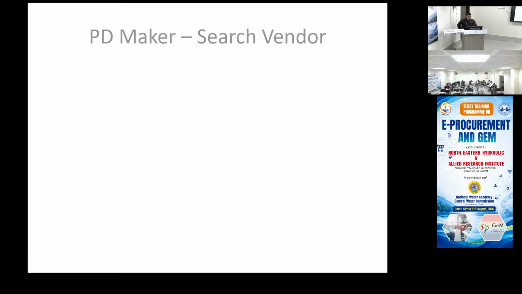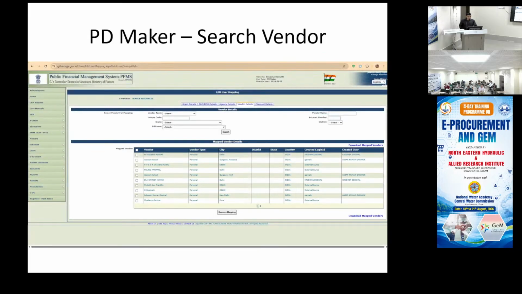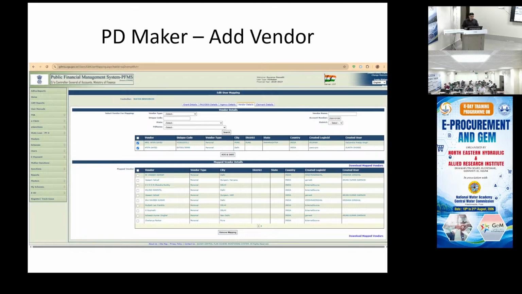You go to edit mapping and you search the vendor again by bank account. Account number डाल के search करो. In this particular case, you can see with the same account number, I've got two vendors. ठीक है, it is the same person, but there is some duplicacy. There are two vendor codes. In such a case, we add both the vendors, but the CRN will only be generated against one.